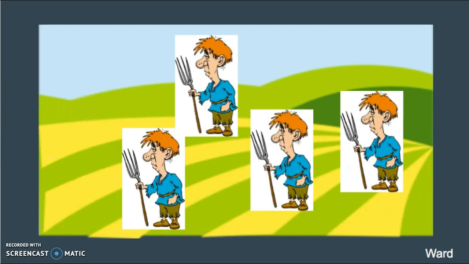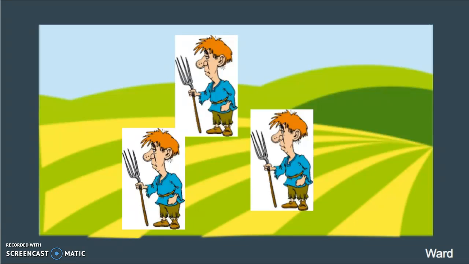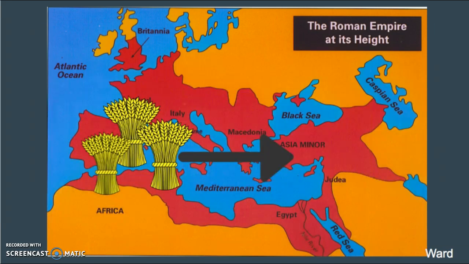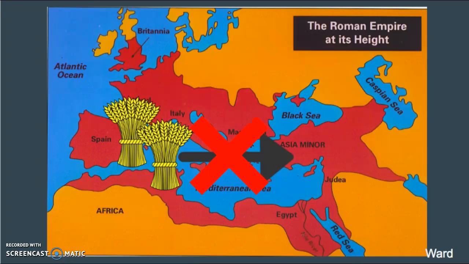The loss of farmers led to a decline in crop production in Rome. Agricultural production was the main trade item from Western Rome. The lack of surplus led to a decline in trade. We can see this in the many trade routes going from Western Rome to India and Asia that were abandoned in the 3rd century.